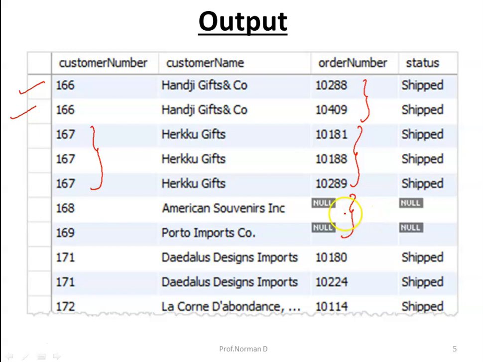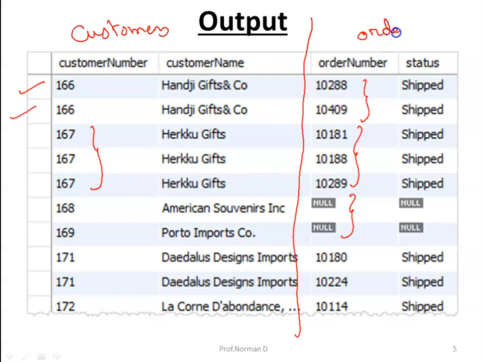There is no match. That's why on the right hand side table the values are shown as null. If you closely observe, these 2 attributes are from the customers table and these 2 are from the orders table. 171 had placed 2 orders and so on. So irrespective of whether there is a match or no match, all the tuples from the left hand side table will be there in the final output.